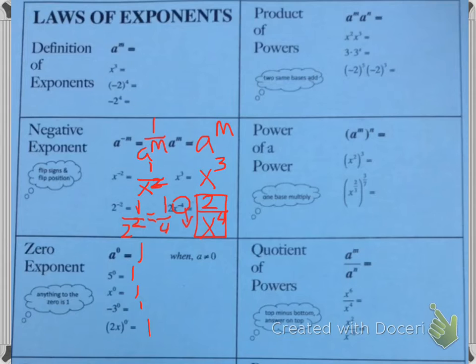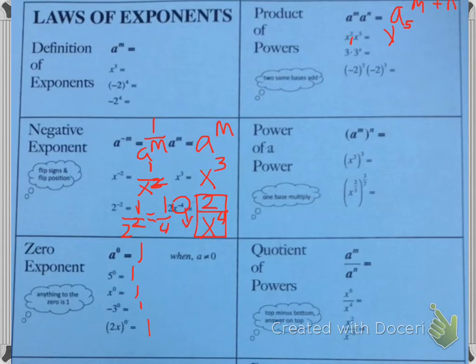Product of power. 2 same bases add. When you have the same base, you add. So my base is a, so it will be a, then you add the exponent, m plus n. This would be x, 2 plus 3, 5, so x to the 5th. 3, it doesn't have an exponent, so I'm going to put a 1 there. And 3 to the